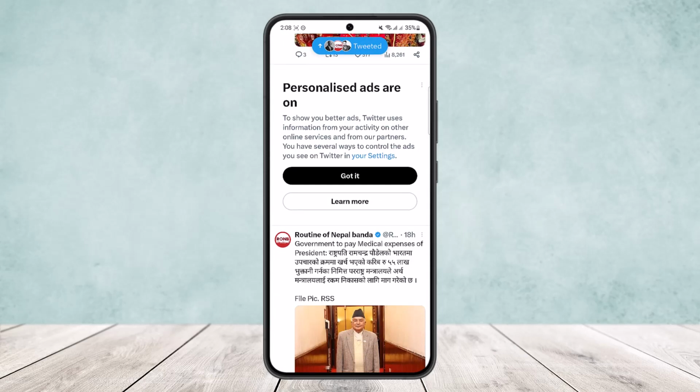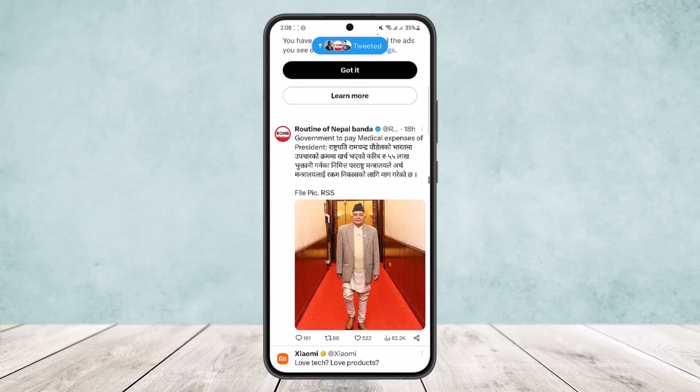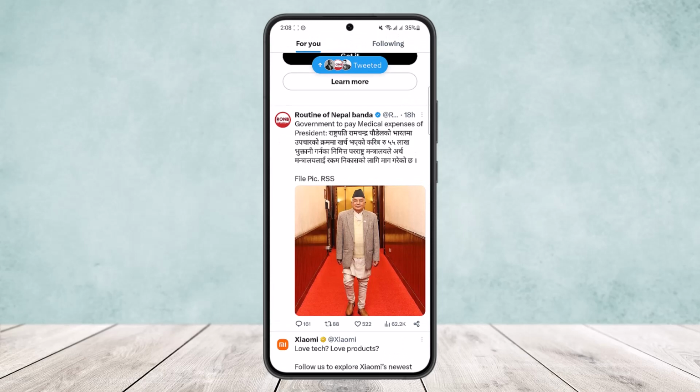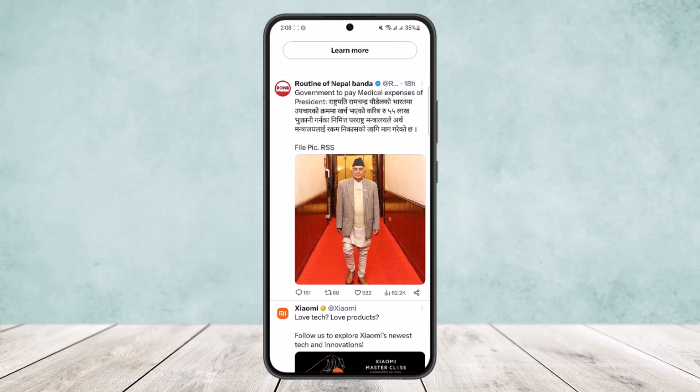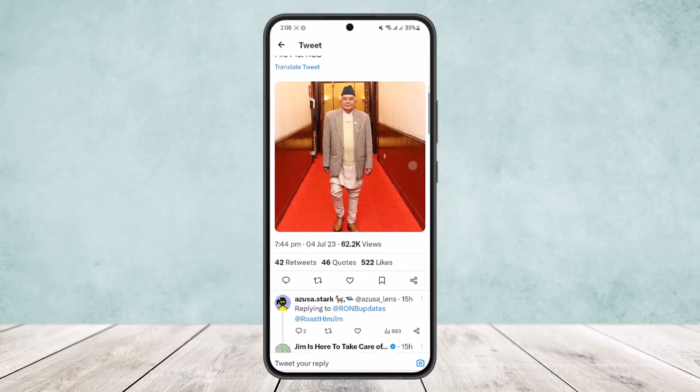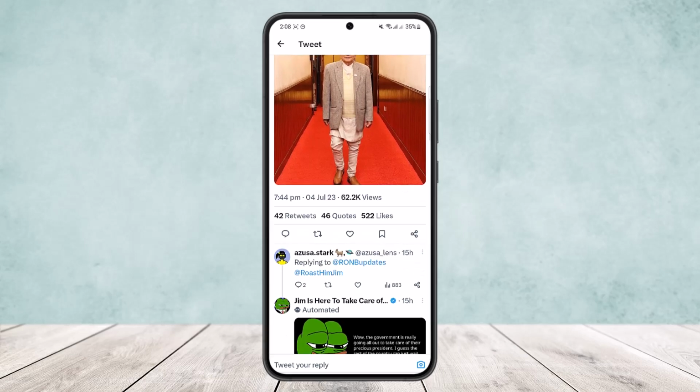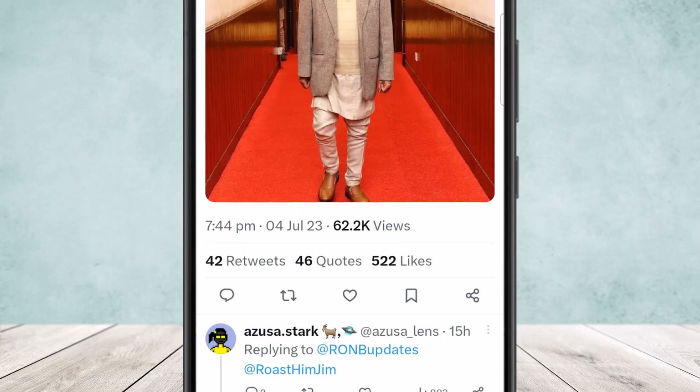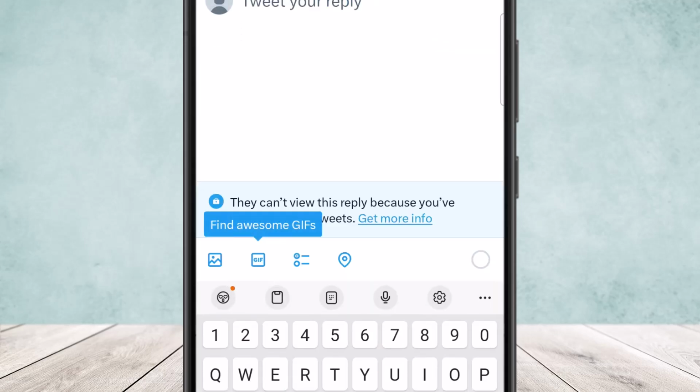Now, to reply to a tweet on Twitter, what you need to do is first head over to the tweet that you want to reply to, and open it up. Simply tap on it and open up the tweet, and down below you can see there are five different icons: the comment icon, the retweet icon, the like icon, the bookmark icon, and the share icon. What you want to do is tap on the comment icon here,